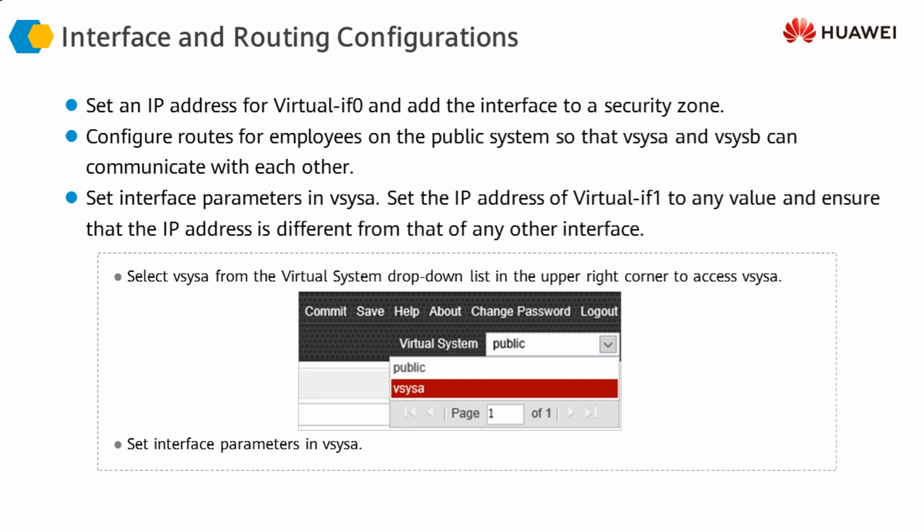Once we've created both VSys A and VSys B, then we are going to configure the virtual interfaces of these virtual systems and the public system as well. For this, at the top of the screen, we go to the extreme right and select the particular virtual system, either the public or VSys A or VSys B, and then we assign the IP addresses to those virtual systems' interfaces, which means virtual interface 0 for the public system and virtual interface 1 or virtual interface 2 for VSys A or VSys B respectively. Once this is done, the basic virtual system configuration has been done.